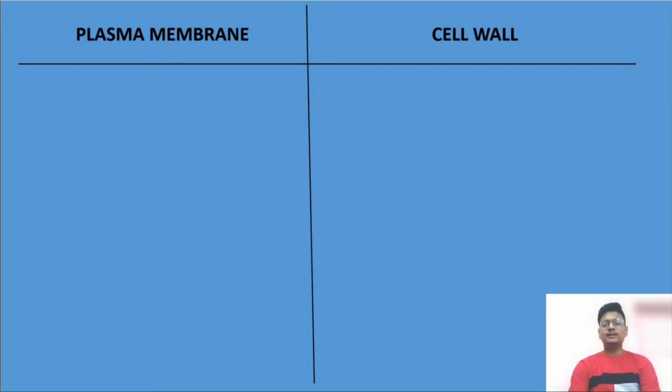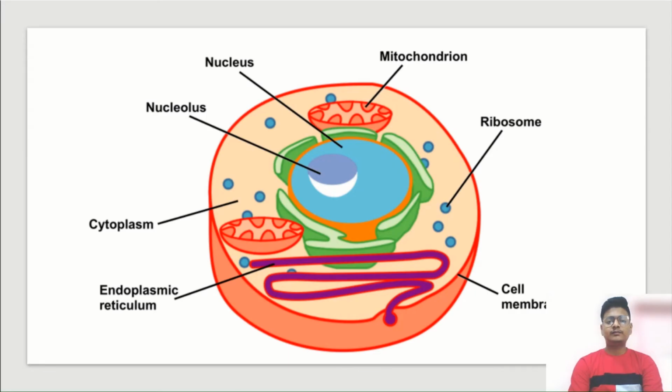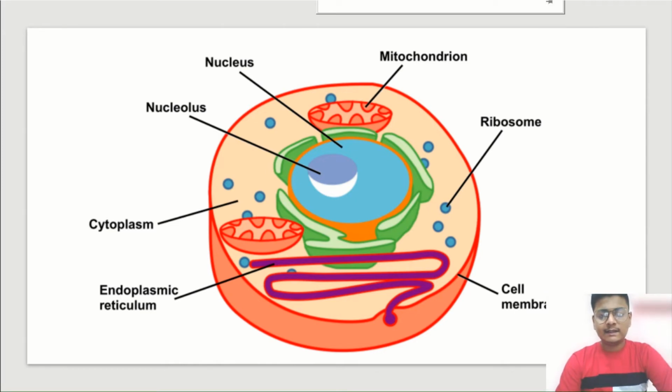Now, everyone got this? Now there is a question for you all. Okay, this is the normal cell. You have to differentiate between these two cells. Just first of all let me tell you, in this cell we can see that we have learned a few components of this cell.